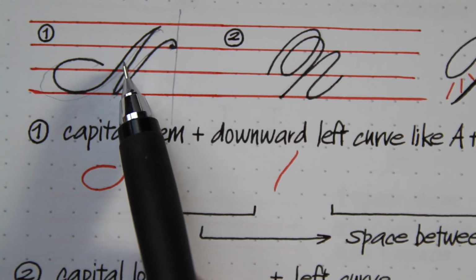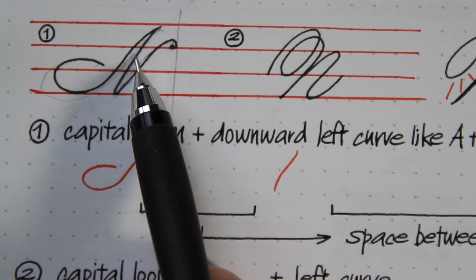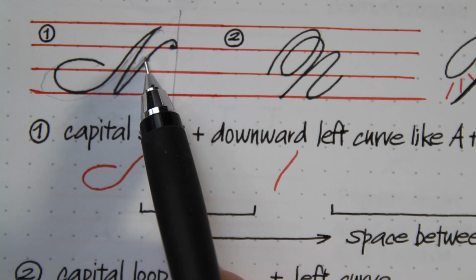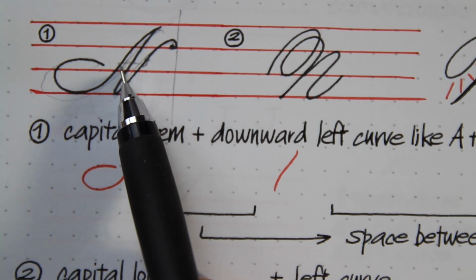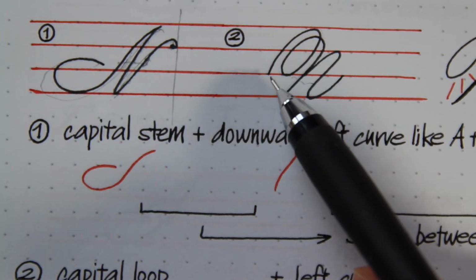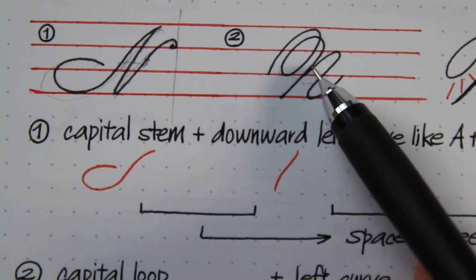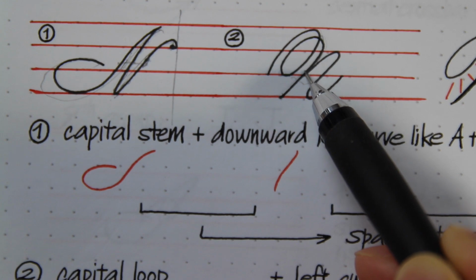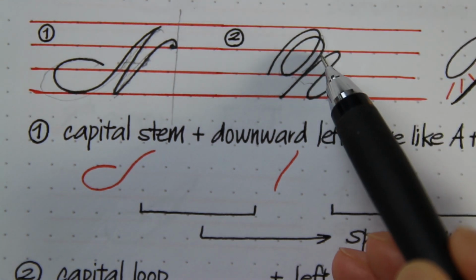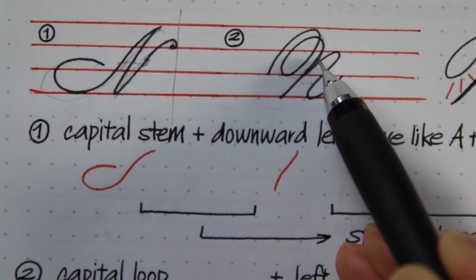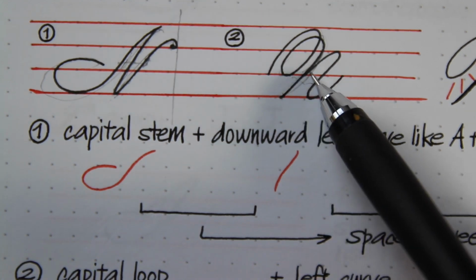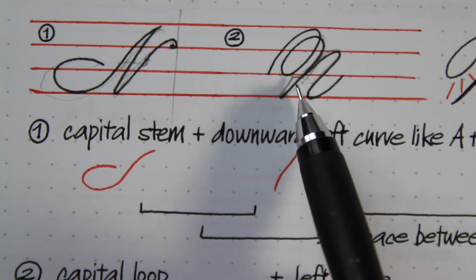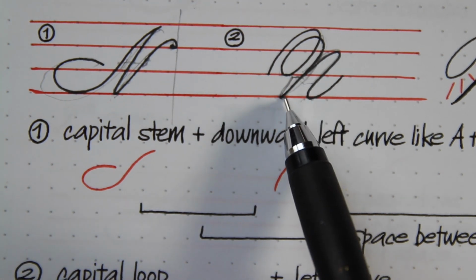The space between the capital stem and the left curve, to the left curve, the second left curve, should be the same. The other option for the letter N is your principal 7 with the lower half of it straight. So up to here, it is still a right curve. Now you can most certainly adapt it to a capital stem, but in Spencer's N, this is the way it was taught. The left curve retraces 1 space above the ruled line,